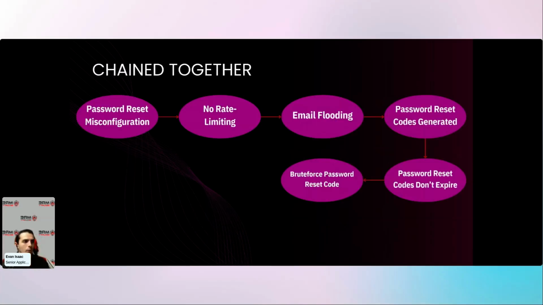Looking at another example, we have a password reset misconfiguration. Now, this is going to date back to a few things. Number one is email flooding, right? Because we don't have any rate limiting in place. Number two is code generation. If we have, let's say, a bunch of codes being spammed into the user's inbox and they don't expire, this can lead to a password reset attack. Now, brute forcing password reset tokens is not really ideal, right? Most of the time, you're using UUIDs, you're using MD5 hashes, you're using something that's very unique to your application. But with enough time, the threat actor may be able to get a hit and reset someone's